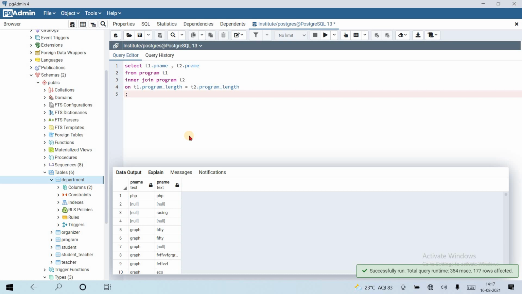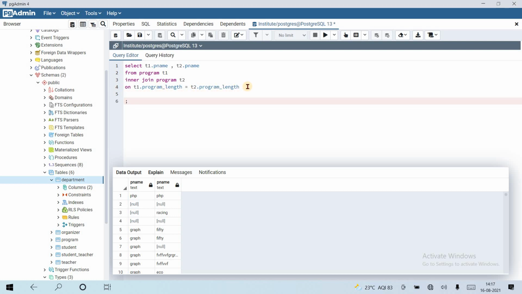That's it. Okay, let's use pname not equal to pname. Here you can see that the php and php are coming again. So both the program names are the same, so we can now do more filtering. Program name must not be the same. So how can we do this? T1's program name and T2's program name must not be the same. This is also a not equal to sign. Okay, program name not equal to T1 and T2's. Let's see. Now it will fetch the data and match, and give only 110 records.